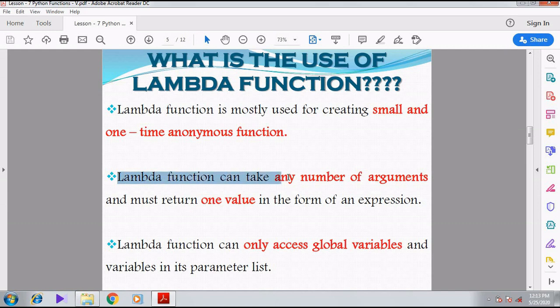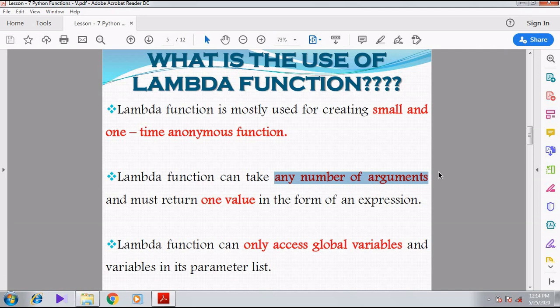Lambda function can take any number of arguments. This is a very important thing. Any number means there is no limitation. You can give as many arguments as you want. But when you go with built-in functions and user-defined functions, there is some limitation. But in lambda function, there is no such limitation. Any number of arguments is possible.